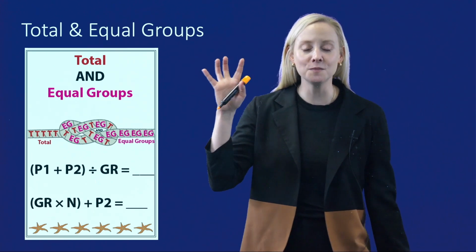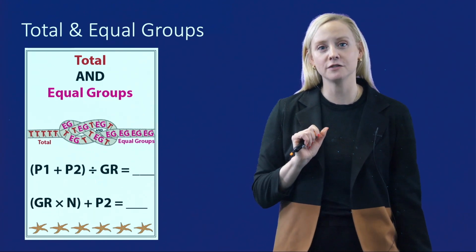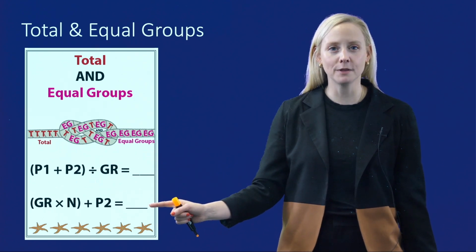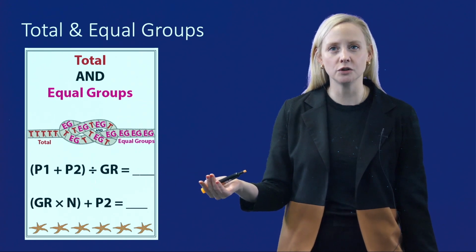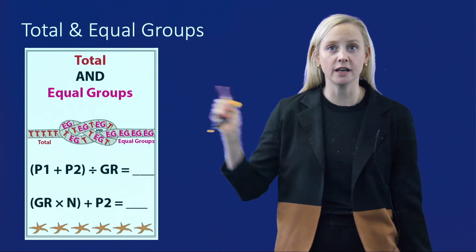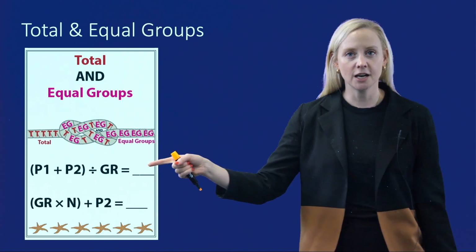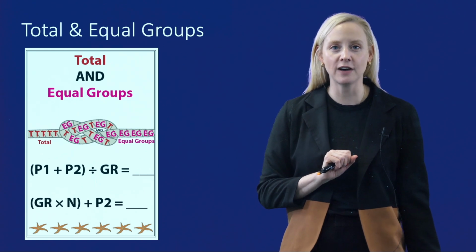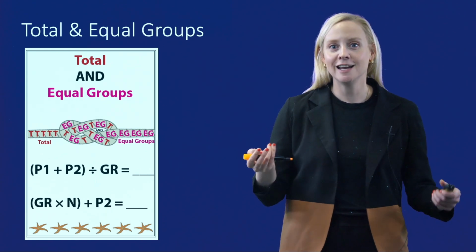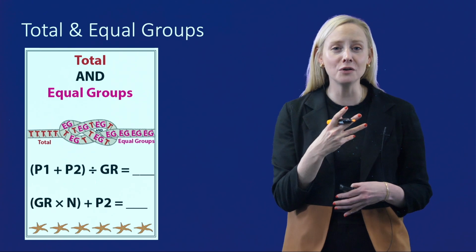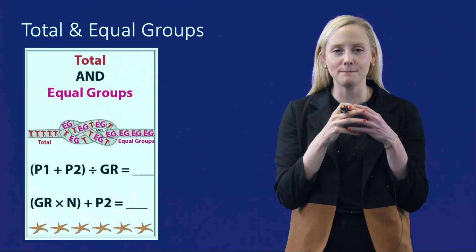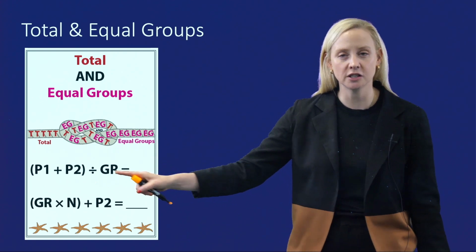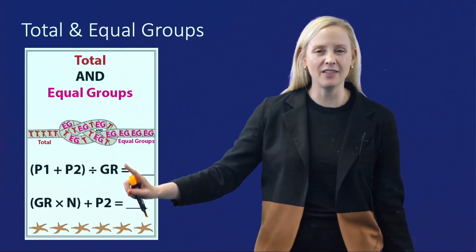This is a zoom in of our multi-step word problem intervention version 2, and here you can see our 2 word problem equations that students will use when they are seeing and solving a total and equal groups problem. Our first equation is open parentheses P1 plus P2, close parentheses, divided by GR is the same as blank. Here you'll see that it's almost like the total schema and the equal group schema got married and are pushed together. We teach students to use our first equation when we have a combined amount and then when we have